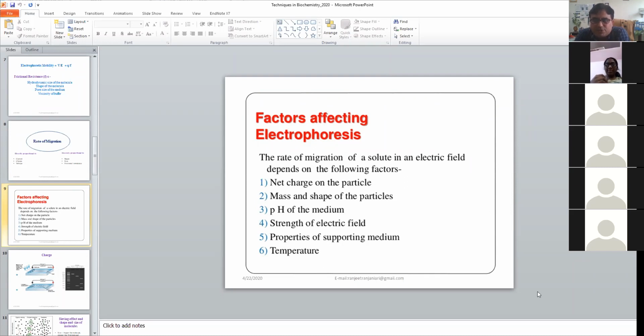Let me tell you, in case of isoelectric focusing, we are using up to 12,000 or 18,000 volts, and not for 1 minute or 2 minutes. Most of the time it will be from 30 minutes up to 2 hours. So this voltage basically varies with the type of technique which you are going to use.